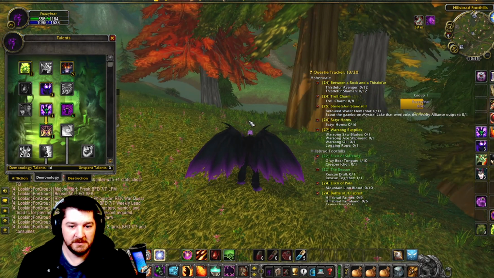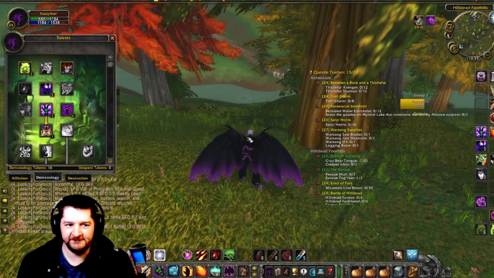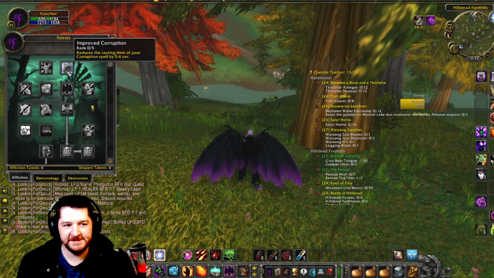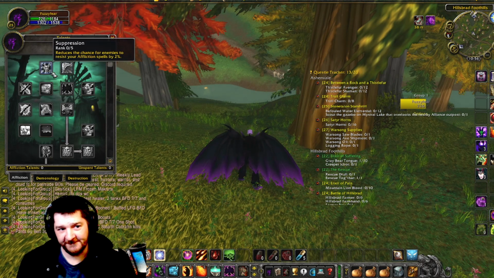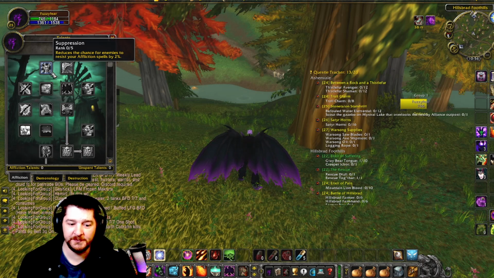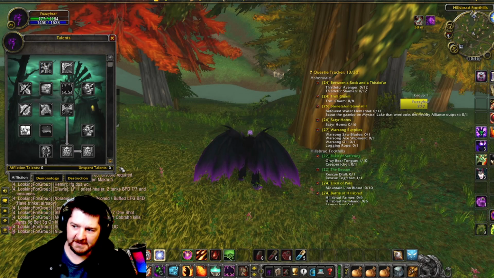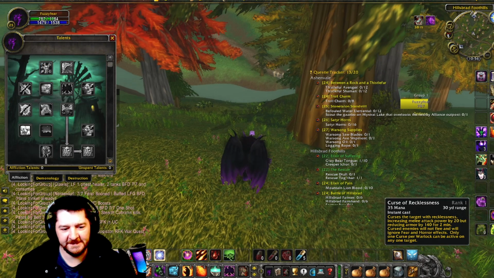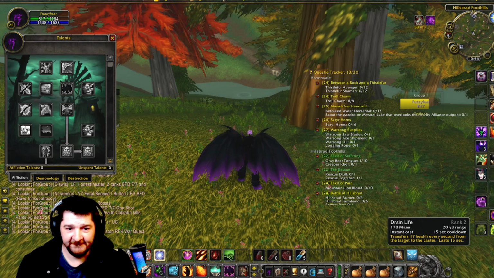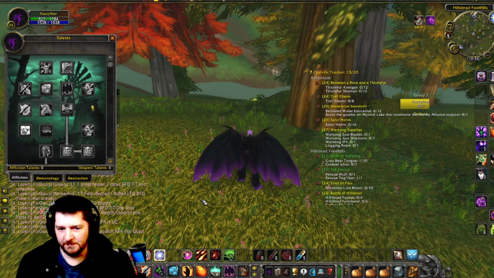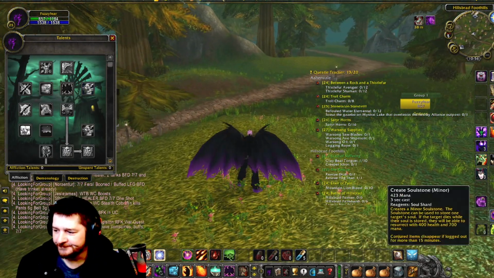I can't think of any good reason to use it other than if you're off tanking. So your 5 points in instant corruption, that's wasted. I see no point in that. You could put the 5 points in suppression, which is going to help your taunt, your drain life, and your curse of agony. And I can see a little bit of benefit in that, because having drain life resisted during a fight is a real problem. But that's fine. So next up we're going to talk about the improved drain life.